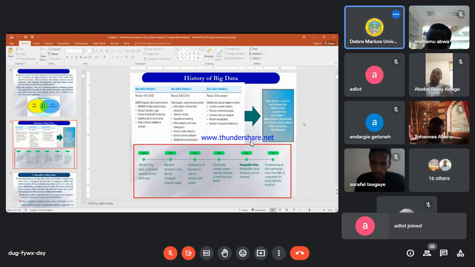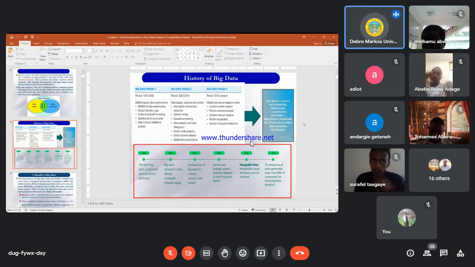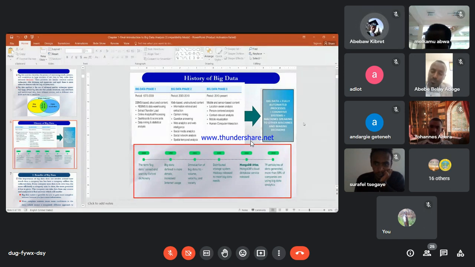Then that information retrieval has been upgraded into the web technology, unstructured data. That is big data technology also. And then currently, of course, before around 2010,